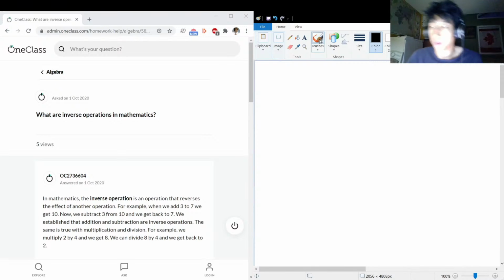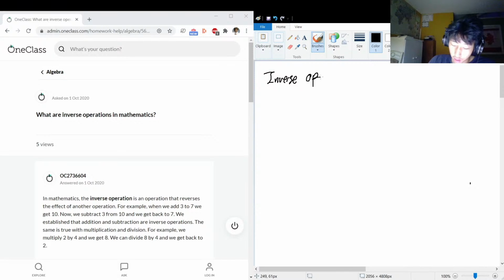Cool. The next question that we have today is, what are inverse operations? Let's give a quick definition of inverse operations, and then we'll run through some examples. Inverse operations are basically operations that undo. If you have a regular operation and then an inverse operation occurring immediately after each other, they will get you exactly back to where you started. So they're kind of like they undo